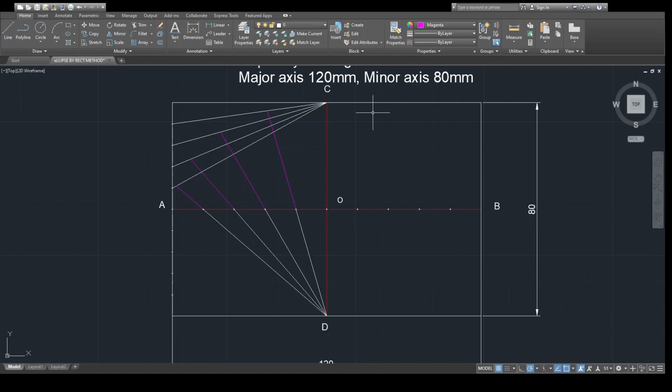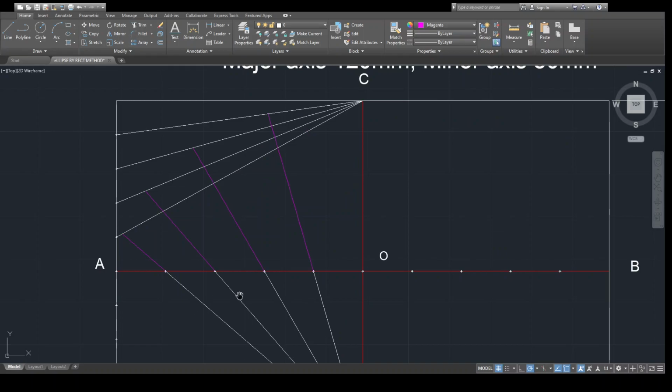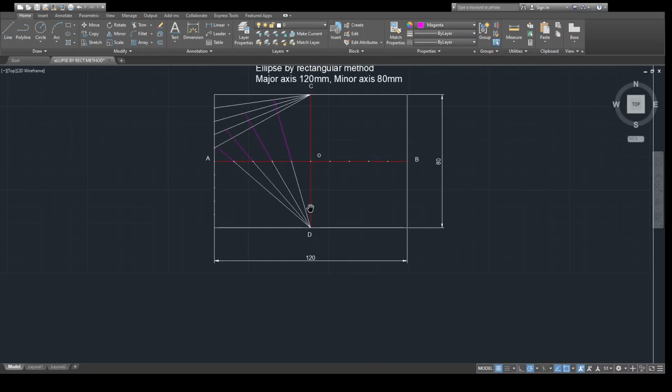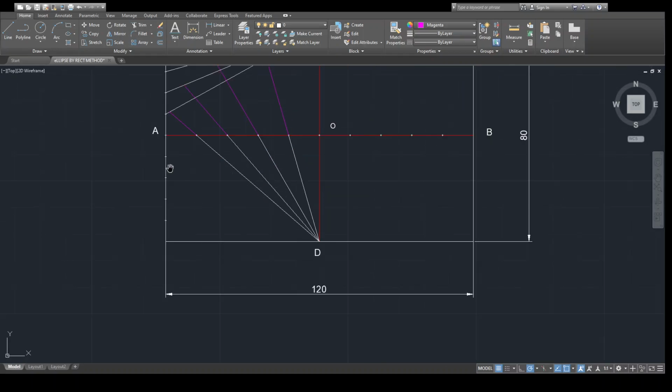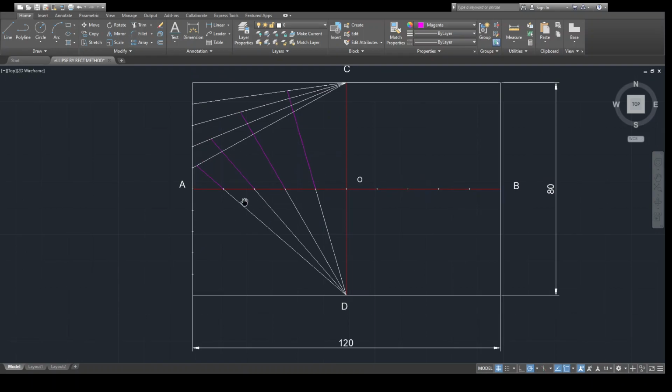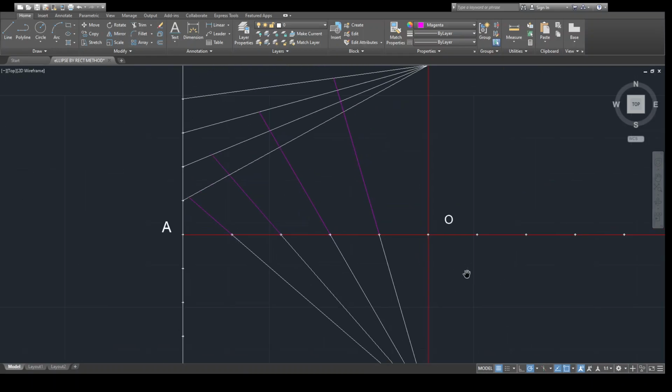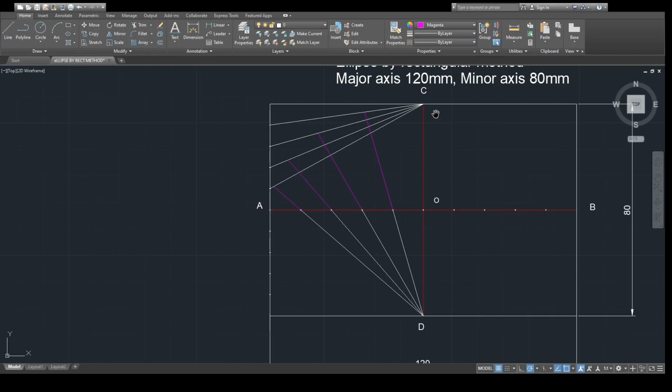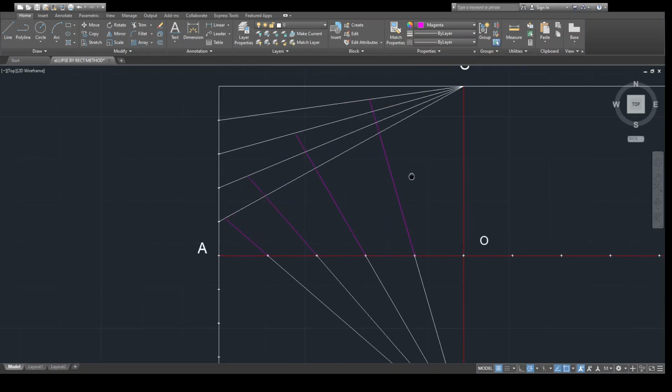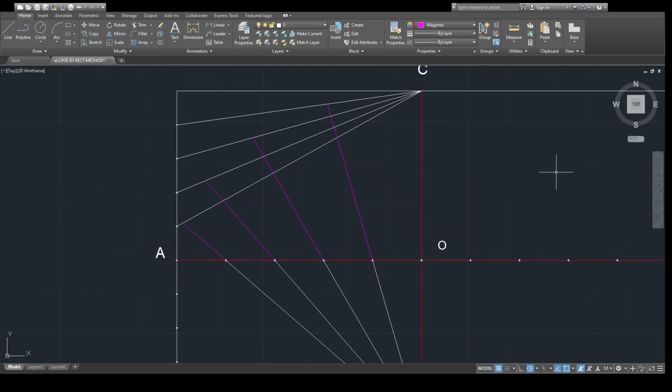Okay, you can see now here we have drawn the lines from point D and extended them, shown by the magenta lines, up to the previously drawn lines from point C to these points. Now what's next? So we will take polyline